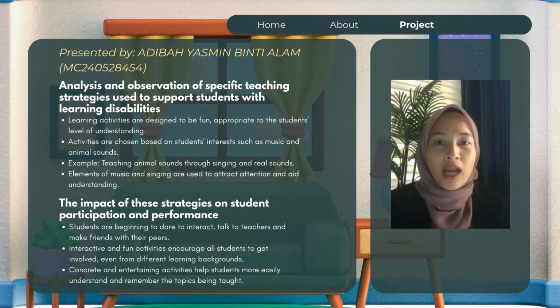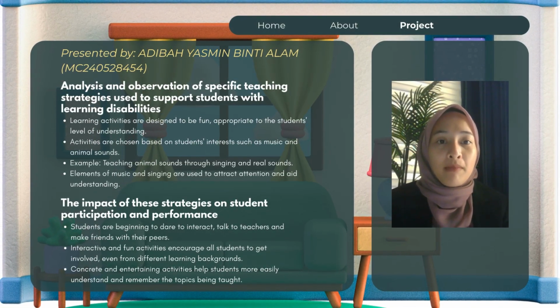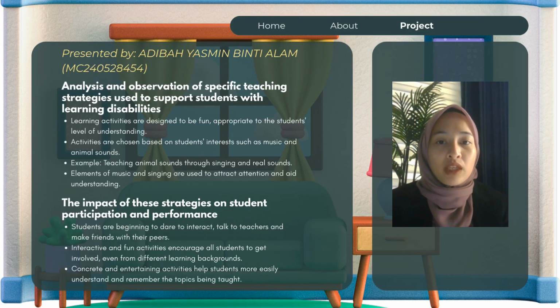Today I would like to share about the learning approach used by teacher Besi Anak Dia to support students with special learning needs. First of all, learning activities are designed to be enjoyable and appropriate to the student's level of understanding. This is very important because students with learning difficulties may easily feel bored and frustrated if the activities are too difficult or uninteresting. By ensuring that the activities match their level, students can focus better and be more motivated